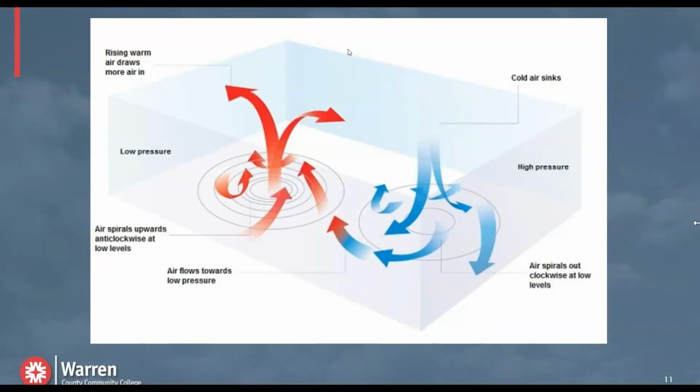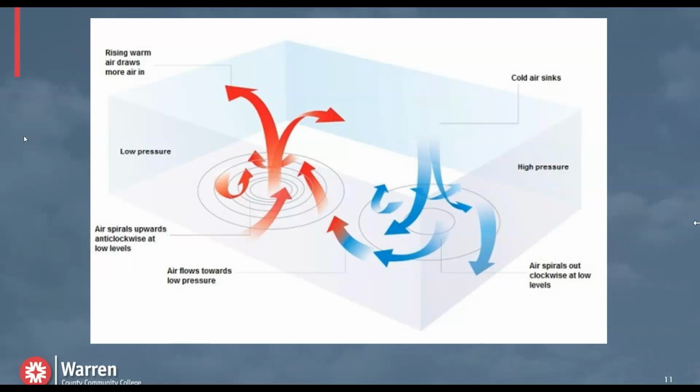You can again see the concept here. Now, remember the basic laws of physics. Hot air rises, cold air falls. So the unequal heating of the Earth. As the Earth shifts on its axis and rotates around the sun, we know this as seasonal changes. It gets warmer in the summer, colder in the winter. Those months may vary based on where you are on the planet. But we do know that